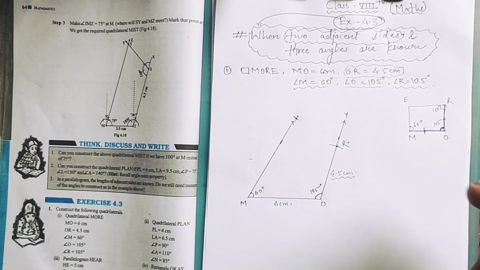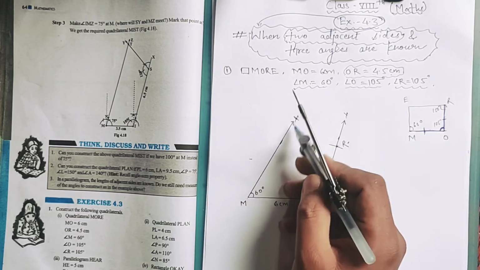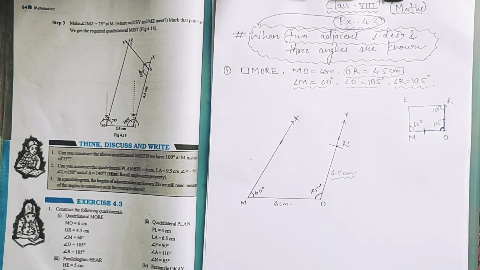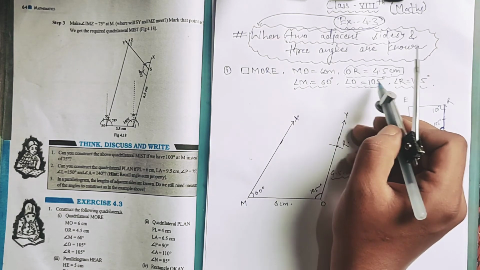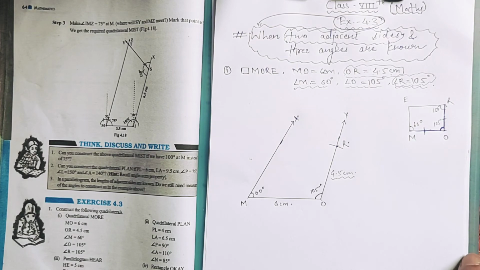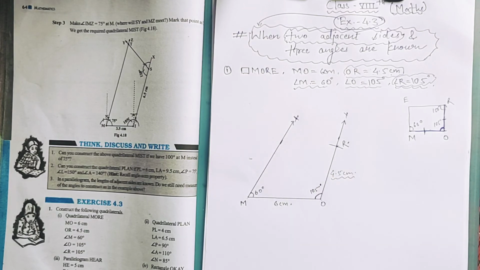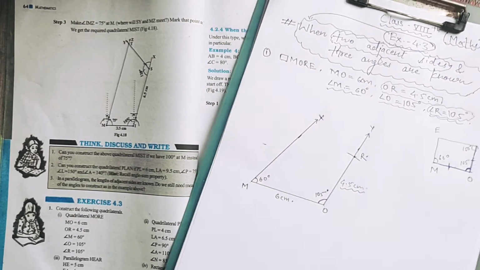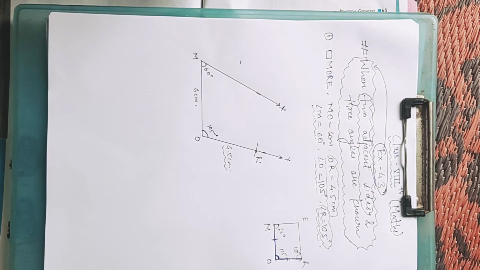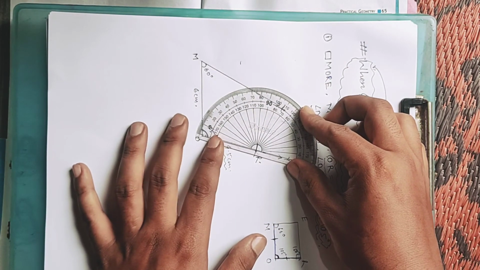Now we have to do one more thing, to find the point E in this line, where the point E is. So see there, one more angle is given, angle R equal to 105 degree. So we have to make an angle of 105 degree at point R. Okay, so for this we have to take the portrait view of our copy. So there is a protractor, put the protractor on point R